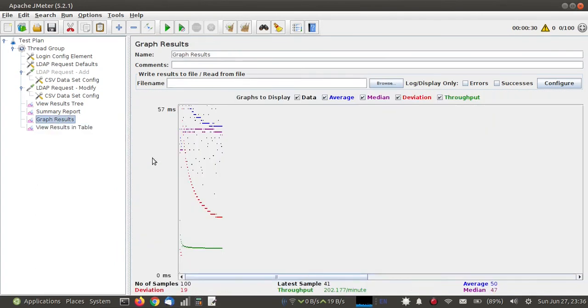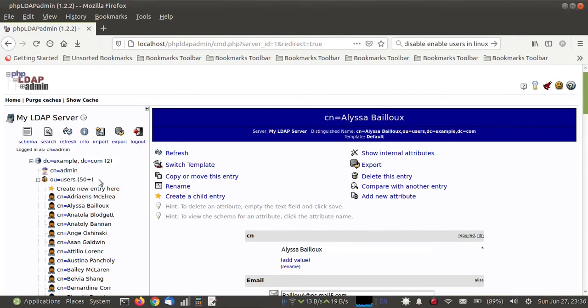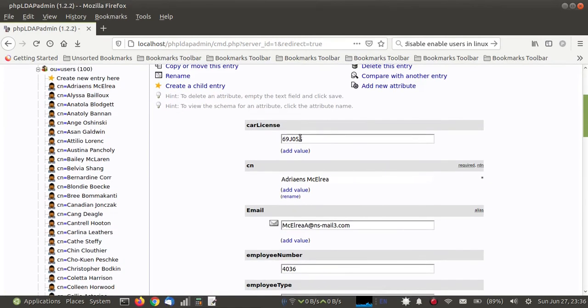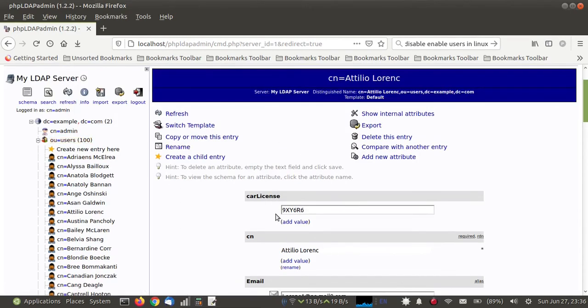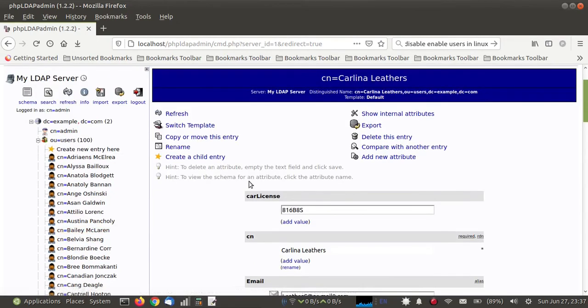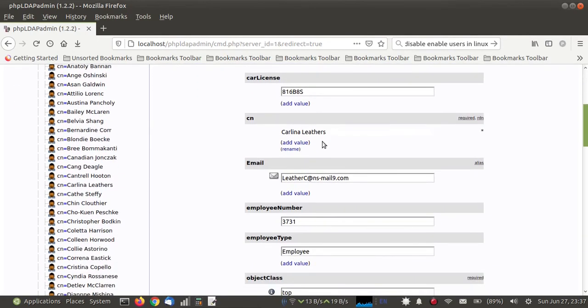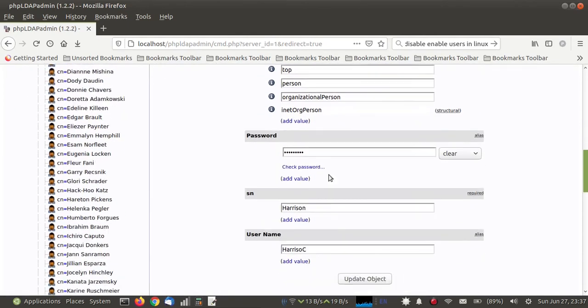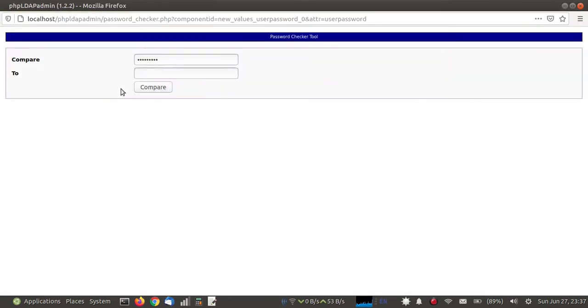Now I need to check if records have been updated in the LDAP server or not. So first I'm going to open this user. Yeah, car license has been added for the user. If I open any other random user, yeah, car license has been added for every user. Now I need to check whether the password has been updated or not. I need to check the password value.